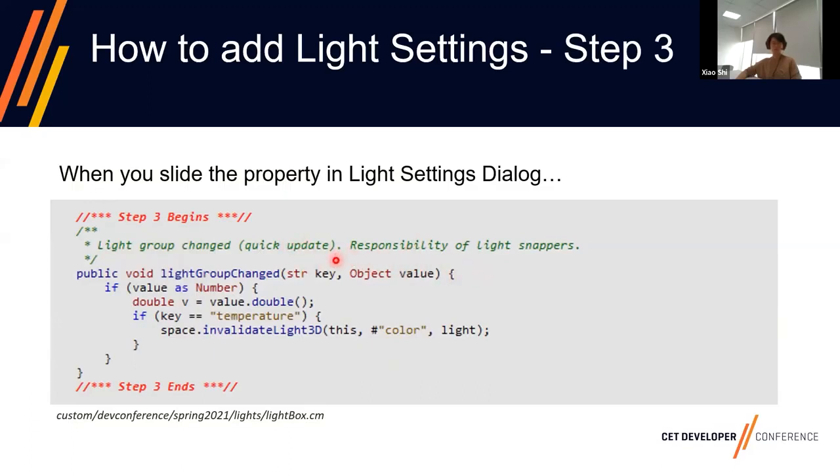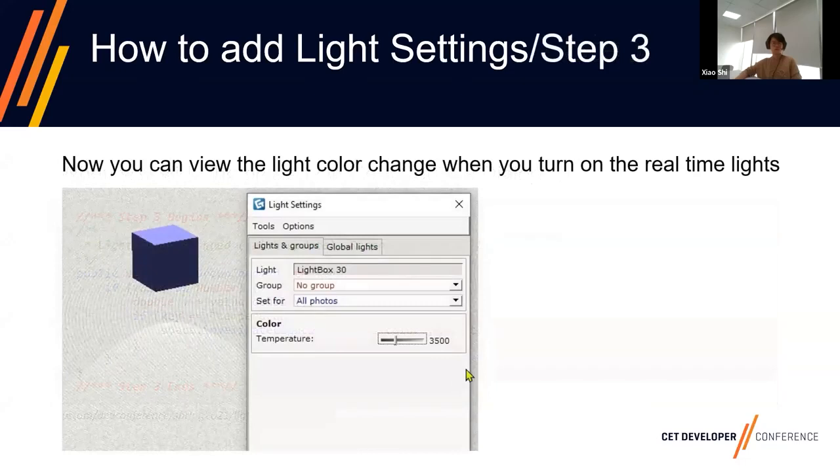So the key is temperature, and the value, we will cast it to a double, is the new value that you changed to. And you will just check, if the key is the temperature, then we need to invalidate the light 3D. And then after you do this change, when you change this again,